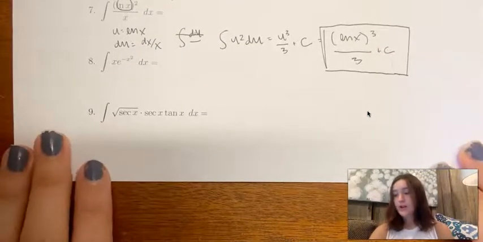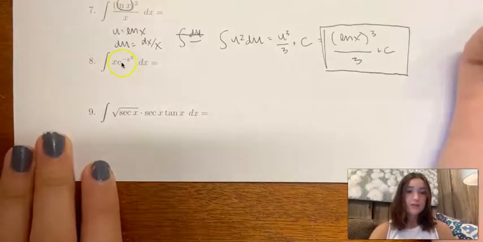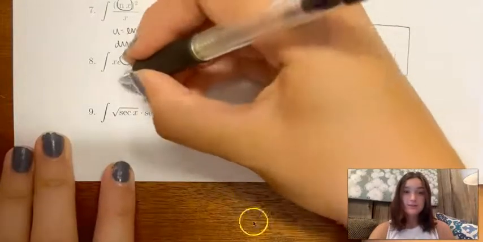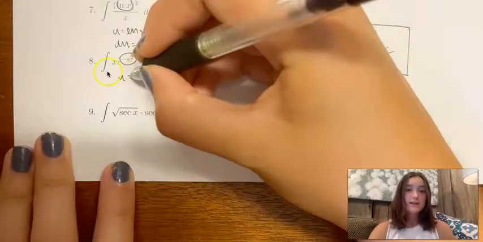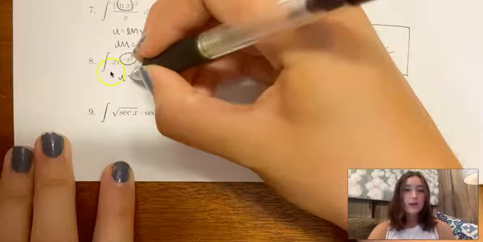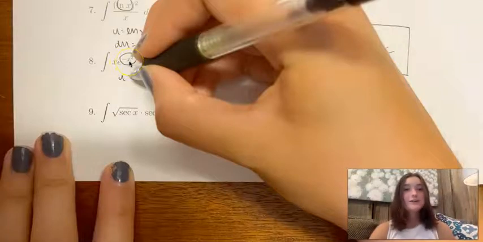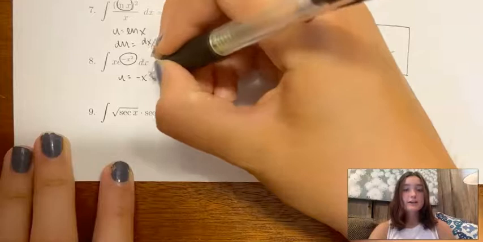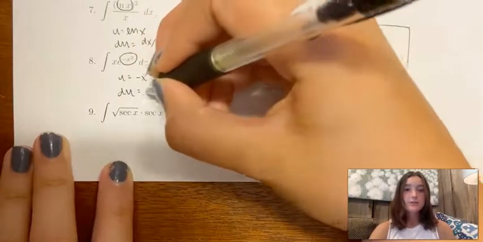Okay, finding the u on number 8 might seem a little bit more tricky, but again, we've got an inside function up here. It's in an exponent, and it's an exponent in itself. And then, like I said, the derivative of your u is going to, a lot of the times, kind of show up somewhere in the problem. And since the derivative of that u is negative 2x, even though you don't exactly see a negative 2x, you have an x in this problem, and so that's kind of a way that it shows up because you know you're going to be able to cancel that x with something later on in the problem. So let's use that negative x squared as our u, and then our du is going to be